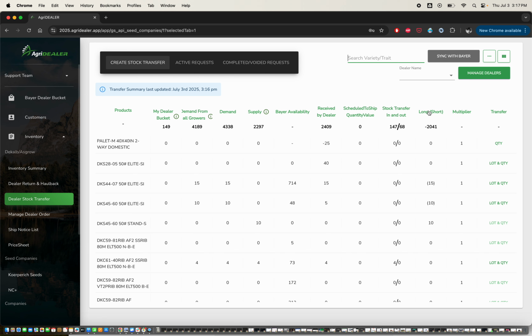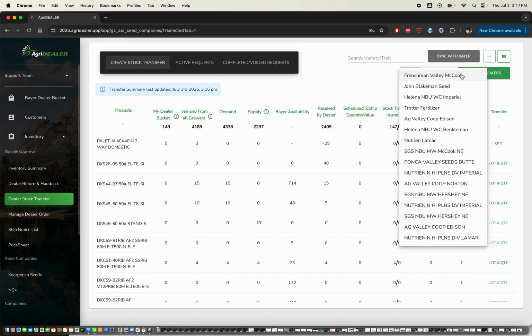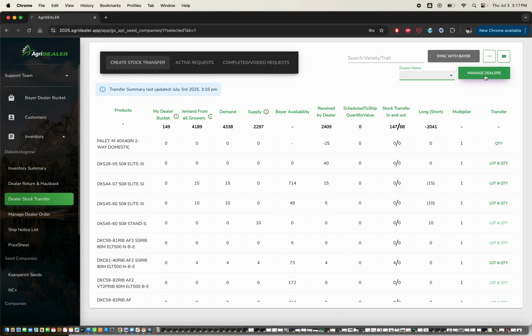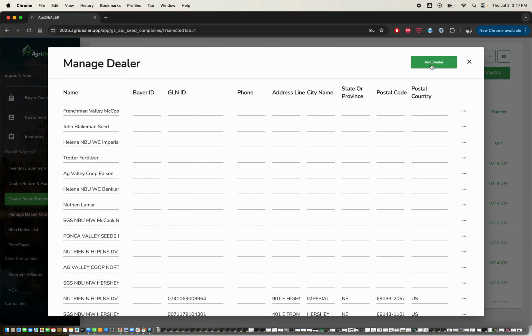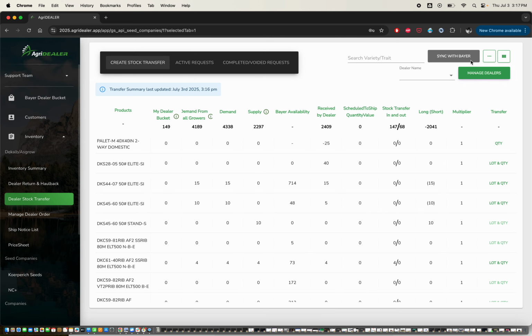So, another thing you want to make sure of is, if you are going to be sending out products, you want to make sure that you have your dealers ready. So in case you need to add some new dealers, you can come over here, click on the add dealer button, fill out this information, make sure you have one of those two values in there. For postal country, go ahead and put in US, and everything else, you should be able to find that information, and save that dealer,